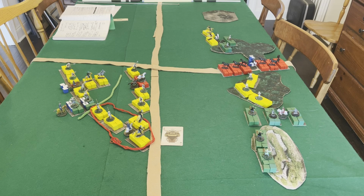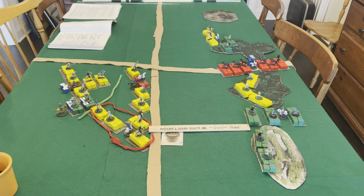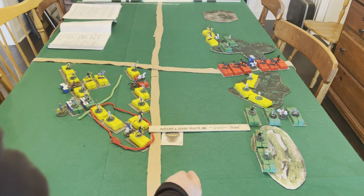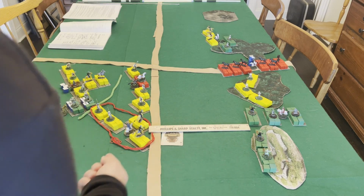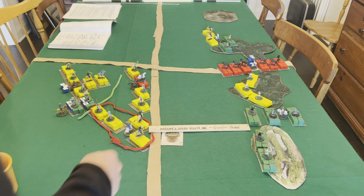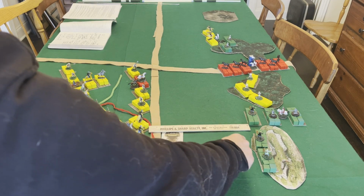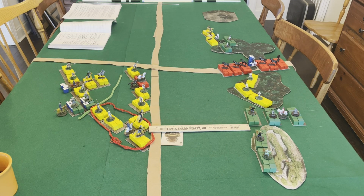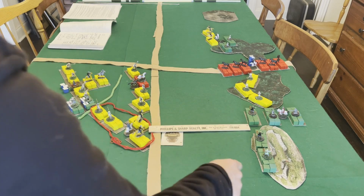So as we do this simultaneous movement phase, we may have some reaction tests, especially on the Lancastrian side. And yes, we will have reaction tests even here in turn 1. So the Lancastrians are moving these Breton javelin men into skirmishing mode to skirmish up in this field. The cavalry on the right side here, these couriers, have been ordered to charge anything that moves forward to that hill. So they will definitely have forced a reaction test on at least the 2 stands that they move, but